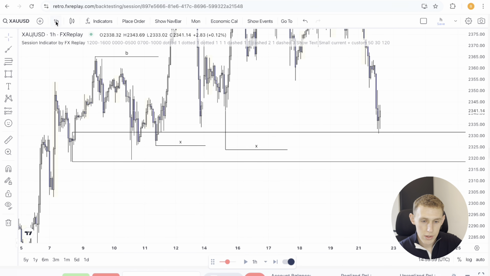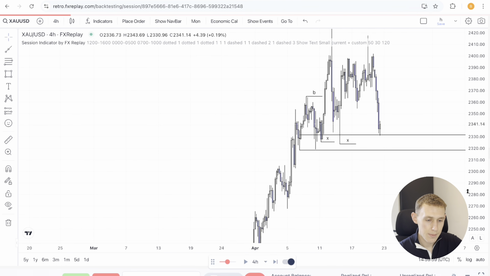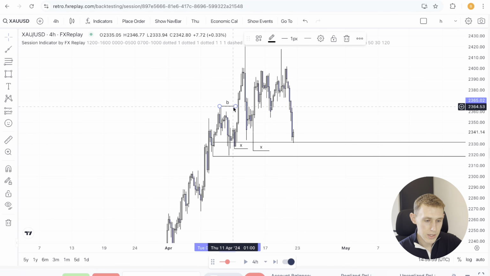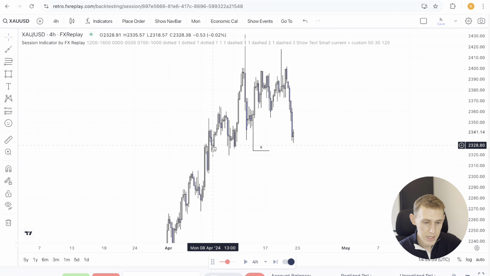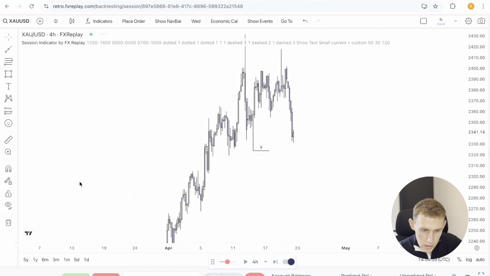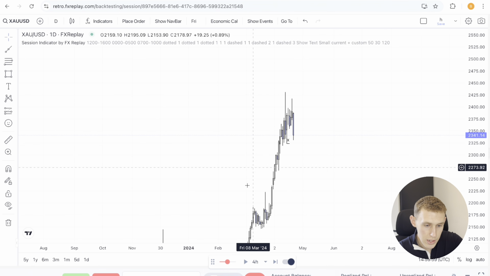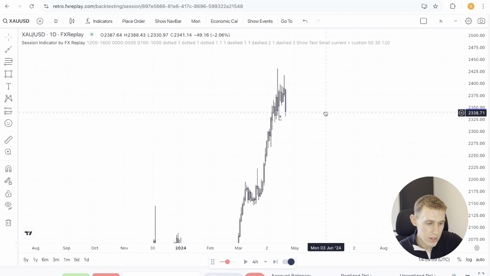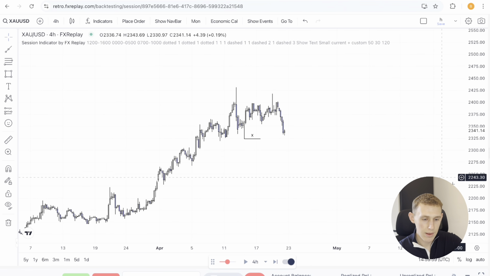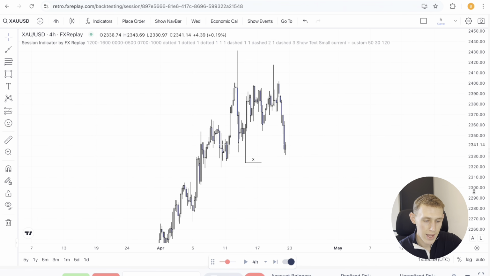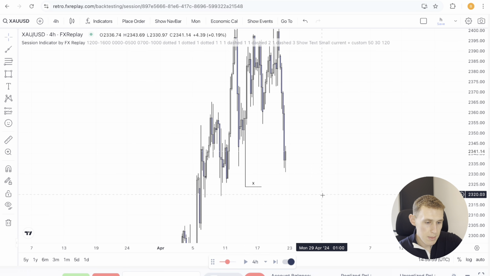Overall still bullish though, so I'm really only interested in buying. If we get rid of some of these markings and go back to the daily time frame, again you can still see it is still very much bullish, so I'm still not really interested in trying to sell this, although I do think there's a high chance that it comes down to at least this previous low right here, and maybe also this one